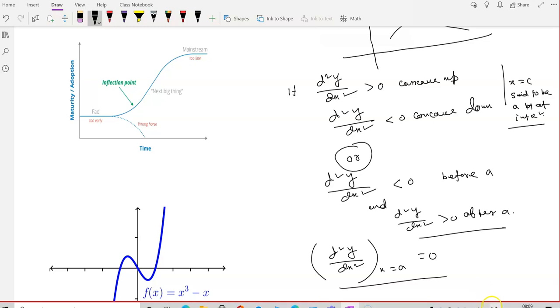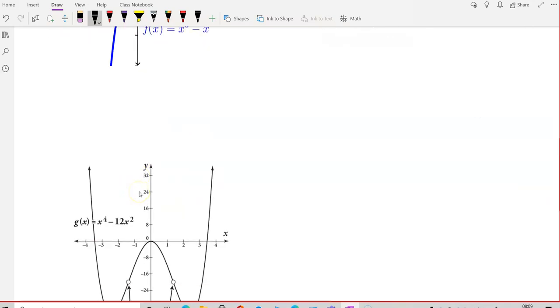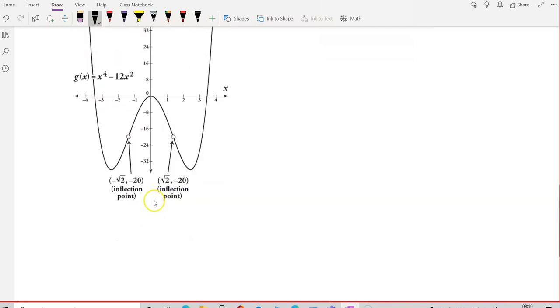Let us start with one example, and here I have drawn this curve, x to the power 1 by 3 minus x. At which point is there a concavity or convexity? About the origin, before the origin it is concave down, after the origin it is concave up. So x equal to 0 is the point of inflection, but at x equal to 0, if you draw the tangent, the slope does not exist. This is going to be infinity over there. At this point it exists, at this point also it exists. These are inflection points because the concavity of the curve changes.